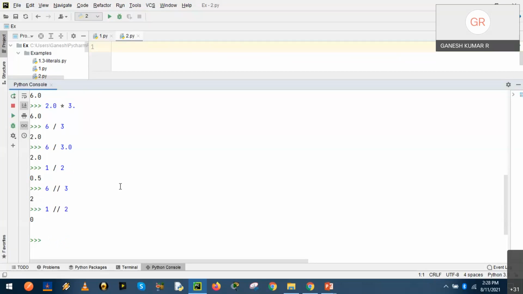Okay. Can we introduce the float here? Even after using the double slash, I would like to get the result as a float. I'm not happy with the integer output. I want the output to include the floating point fraction part, but still I want to use the integer division. With integer division, I also need the fraction part of the output. How can I make it?